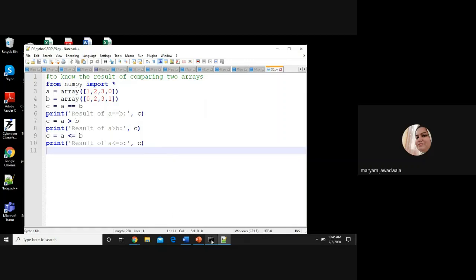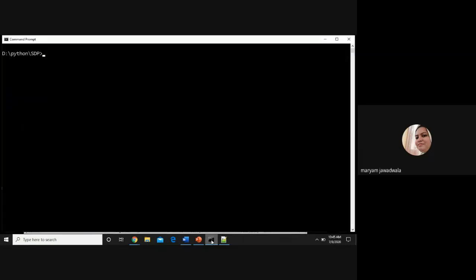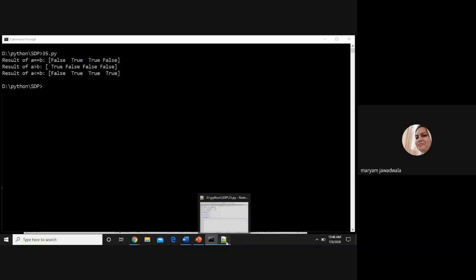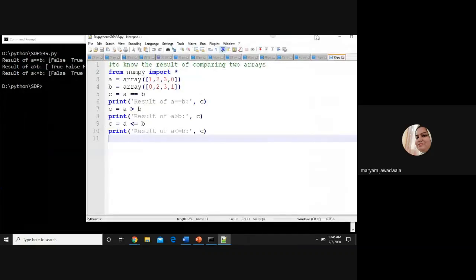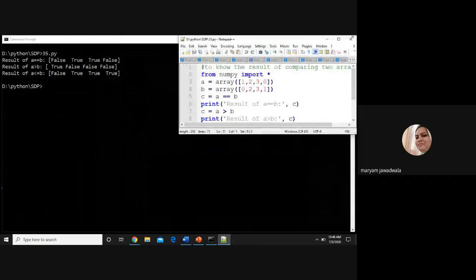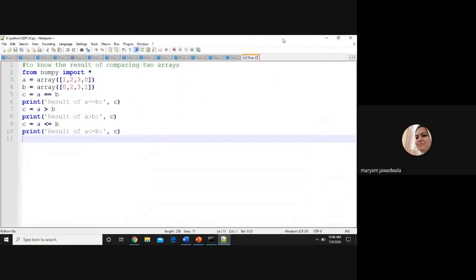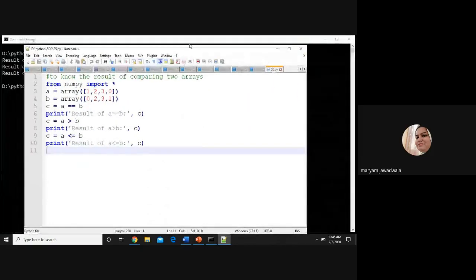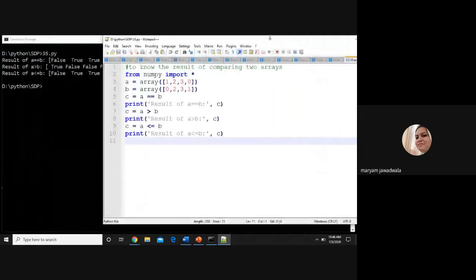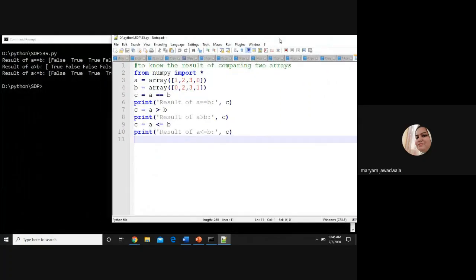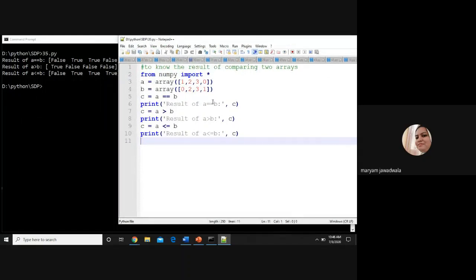Let's run this program. As you know how to run the program, I run 35.py here. This is the output. For print A equals B, this is the result.